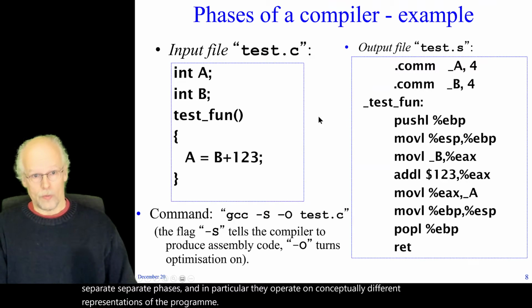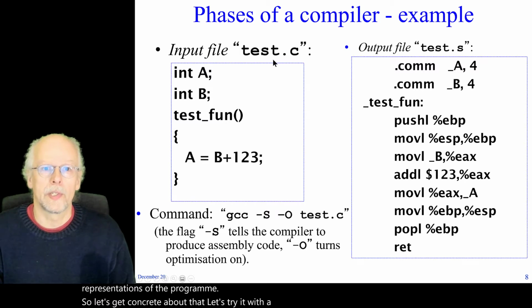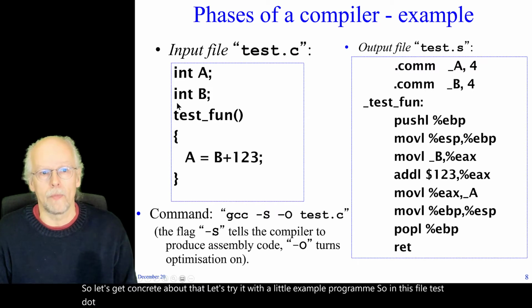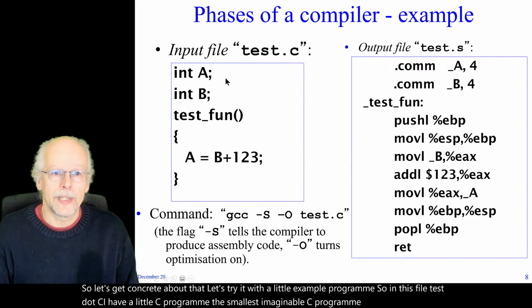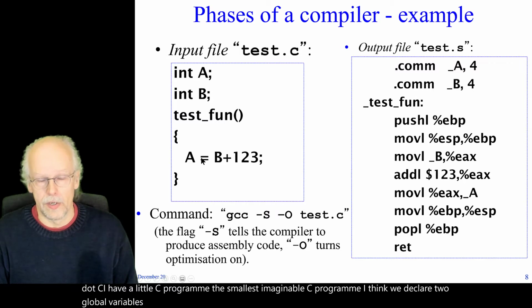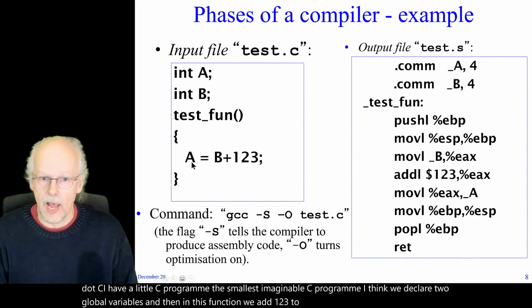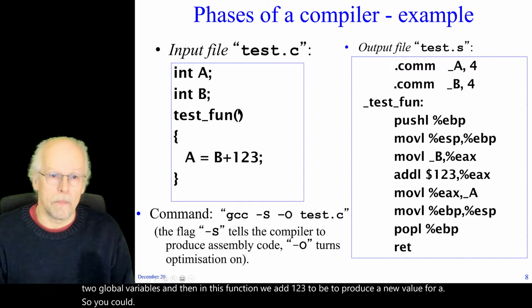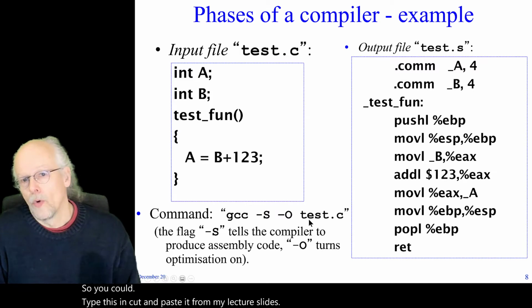So let's get concrete about that. Let's try it with a little example program. In this file test.c, I have a little C program, the smallest imaginable C program, I think. We declare two global variables, and then in this function we add 123 to b to produce a new value for a. So you could type this in, cut and paste it from my lecture slides, and run your favorite